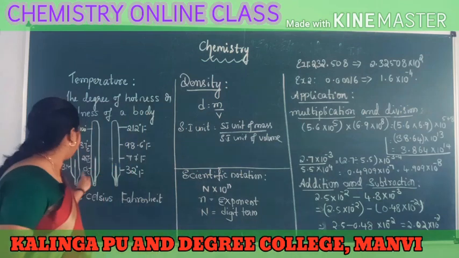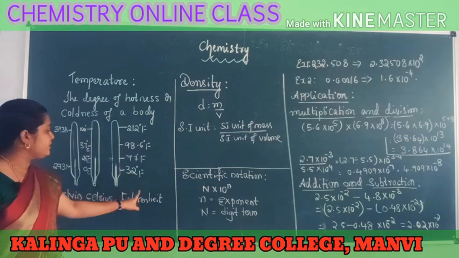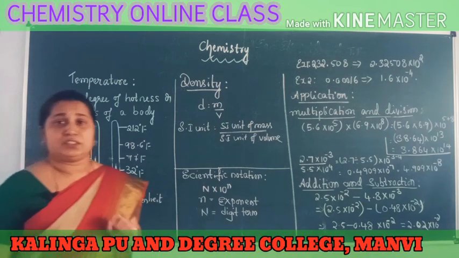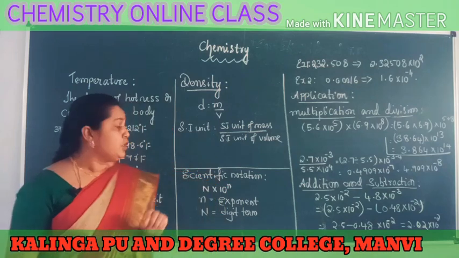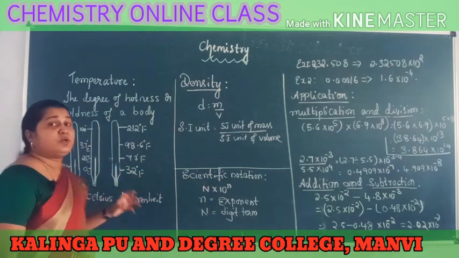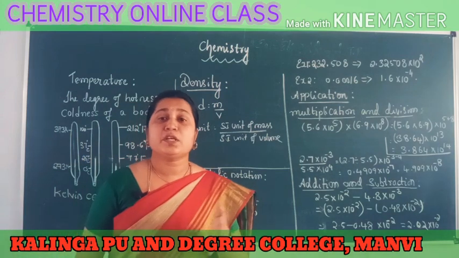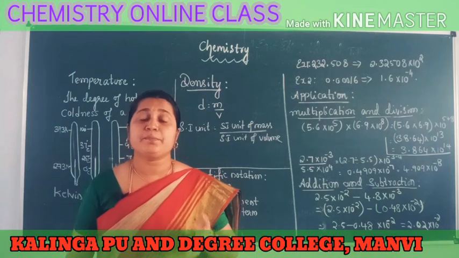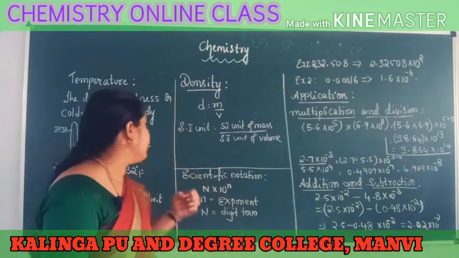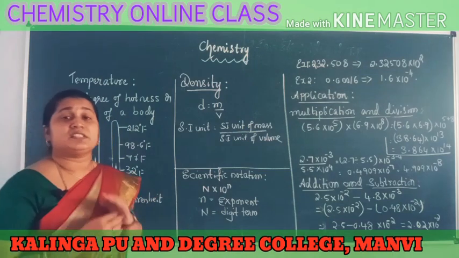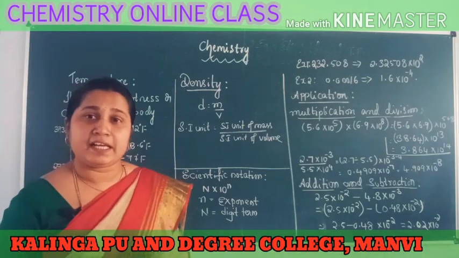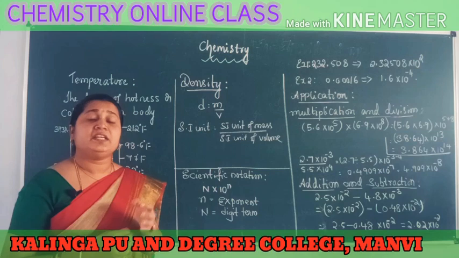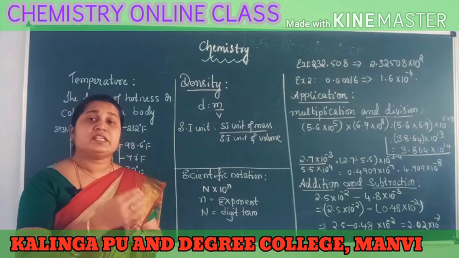The first scale is called the Celsius scale. The second scale is called the Fahrenheit scale. And the third type of scale is called the Kelvin scale. So with the help of these three scales, we can measure the hotness or coldness of a body. How much temperature is there for that body, whether it is hot or cold, all we can measure with the help of these thermometers, which have scales of three types: Celsius, Fahrenheit and Kelvin. So let us see in detail how we can measure the temperature with the help of these three different thermometers and what their readings are.